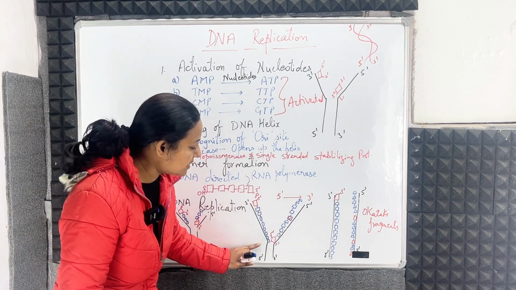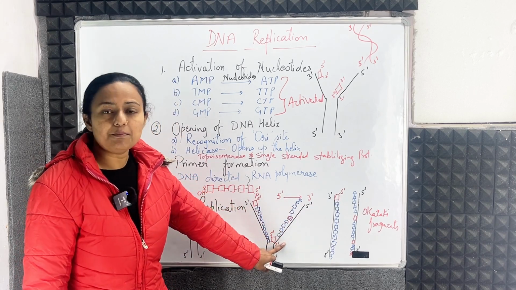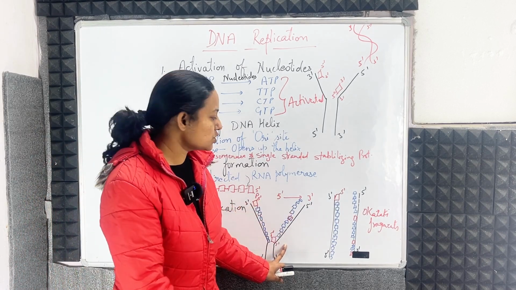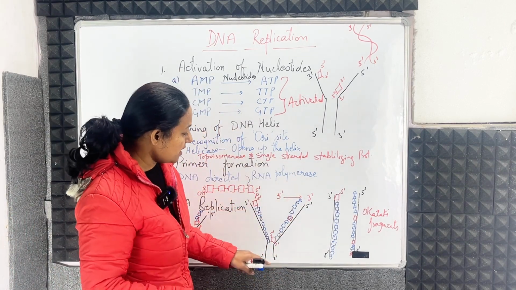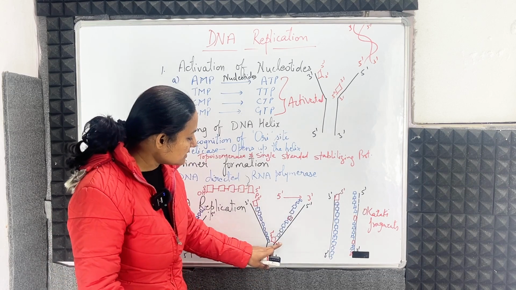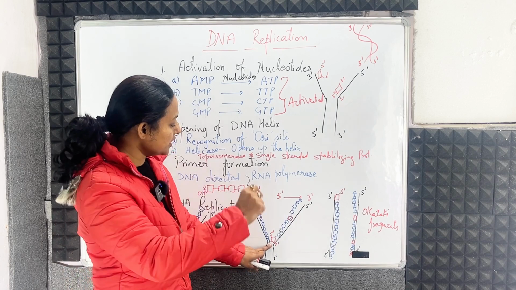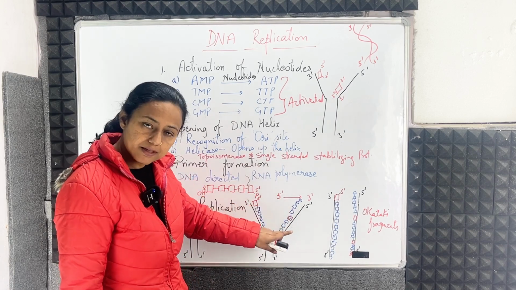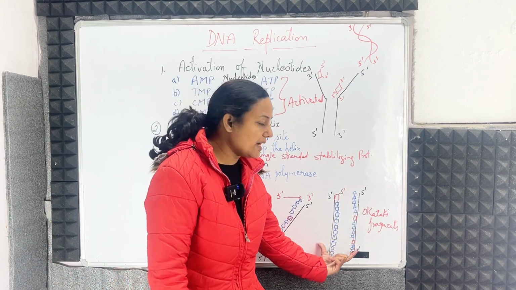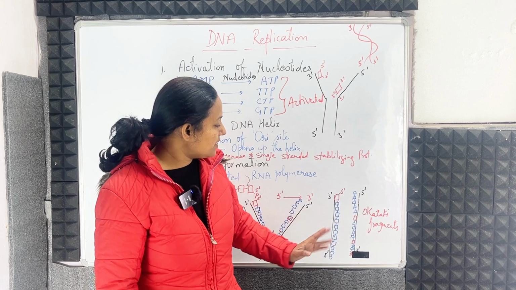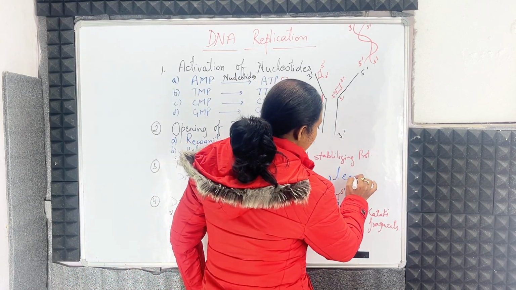It will keep on opening and the nucleotides will keep on attaching. But we have to make the complementary strand for this strand also. So from here, it terminates. Again, the primer has to come on the 3 prime end. Now imagine the 3 prime end is here, so the primer will attach here. Further, the nucleotides start attaching. Similarly, if you see both strands, one strand will be your leading strand